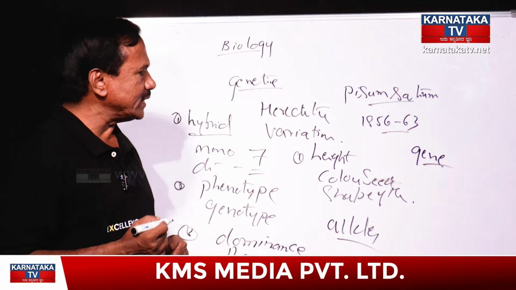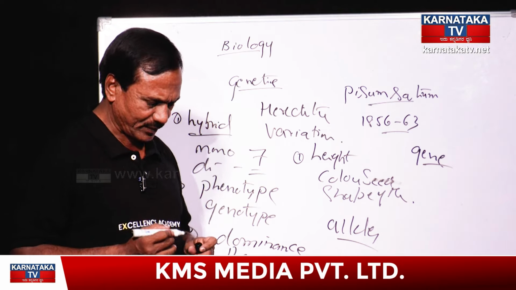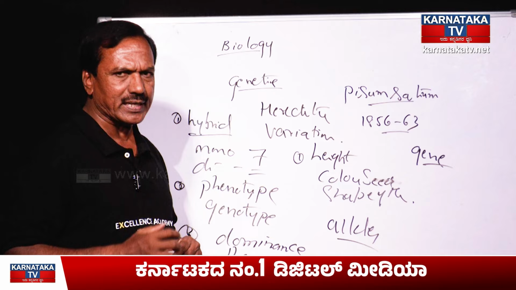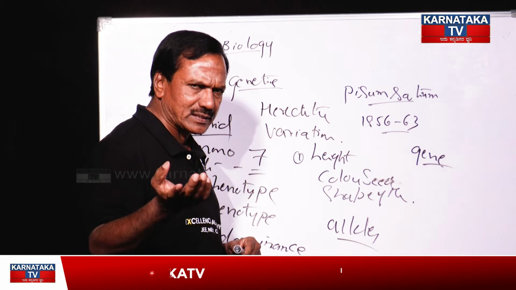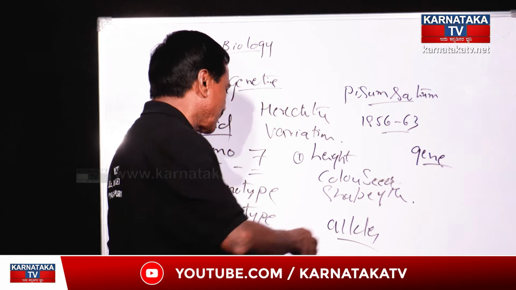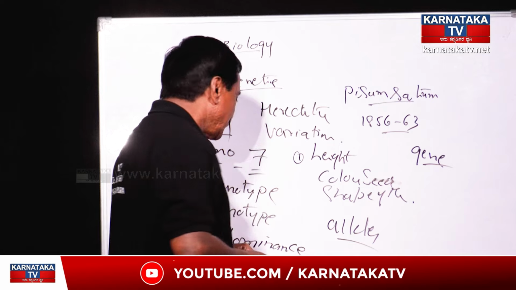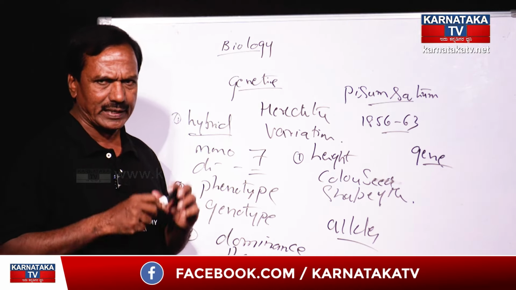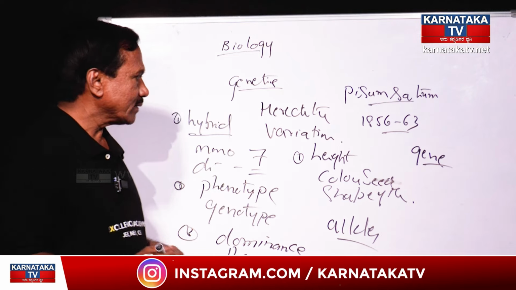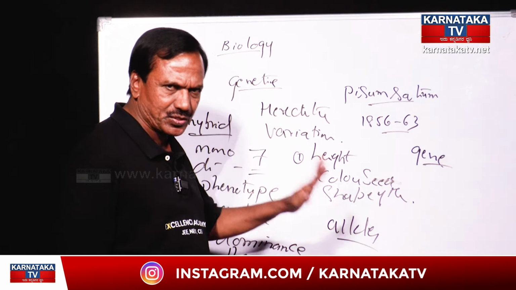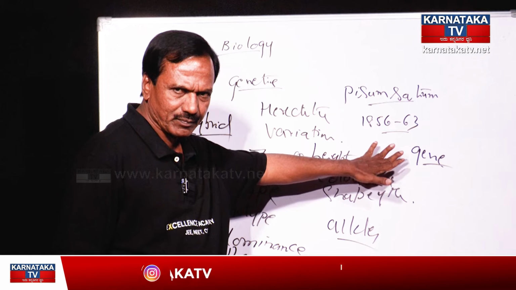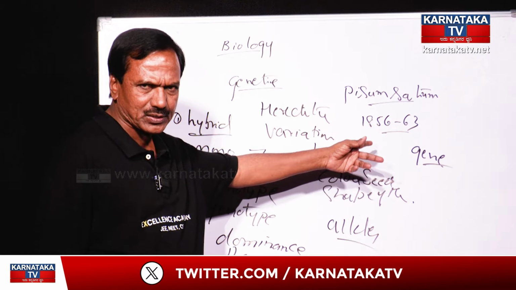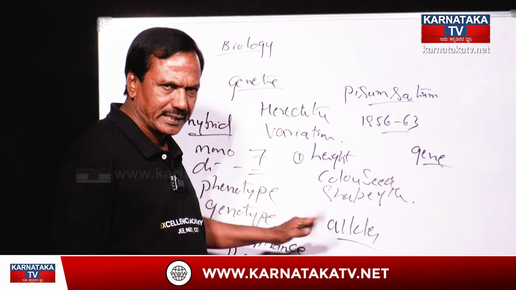So that gene is a segment of DNA, and that gene carries a specific character from generation to generation, right? There are so many definitions. I will tell you that later. Come to this point. Actually, each character is carried over by a pair of alleles. Then what are alleles? Alternative forms of the same gene can be called alleles. If that gene is present in two forms, those two forms can be called alleles,